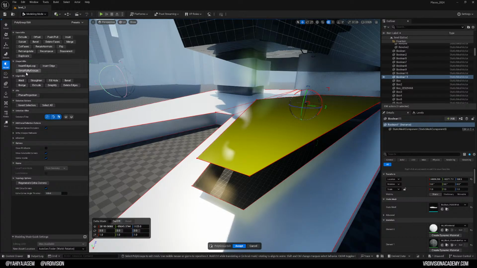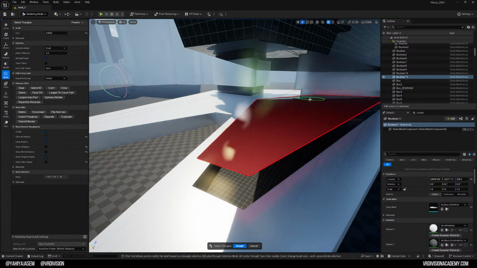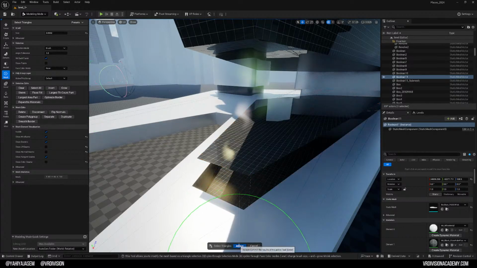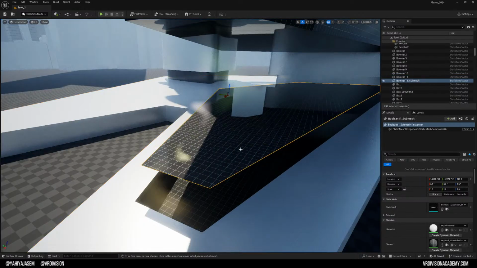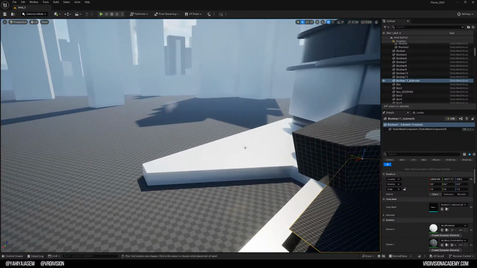I don't think it's here. The way I do it is instead of poly edit, I go to mesh, triangle select, I select the triangles I want, and I click on flat fill, and then from here there is an option to separate. And then this is now its own separate mesh, and the reason I've done this is because I want to